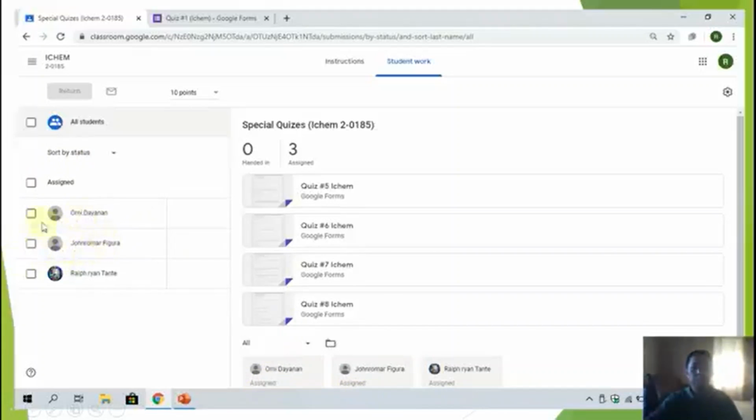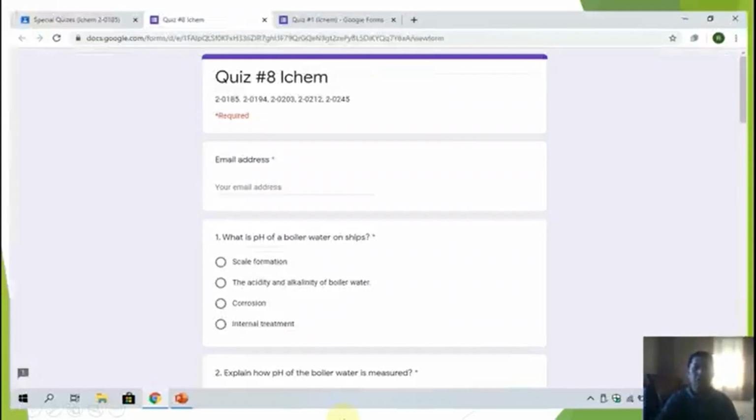Now, for example, if I am the student, I choose to take the quiz or exam first, quiz number 8. I click this one, it will appear, then I can start the exam.